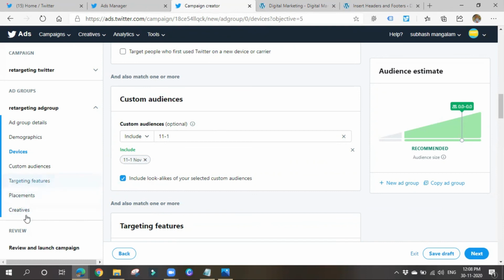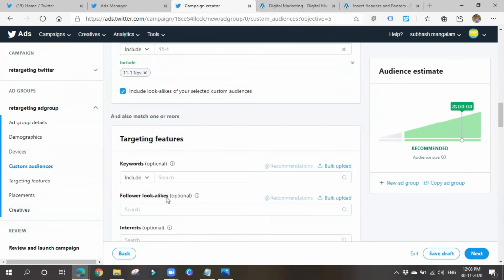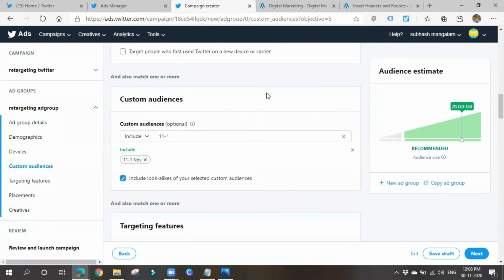You can go and add creatives, then you can run your ads. Again, no need to target, because here we are telling Twitter to show your ads to these people. Make sure that your ad creative and its look and feel are good, so that only then can you drag people back and make them buy a product. Retargeting ads must always look good. They must be attractive.